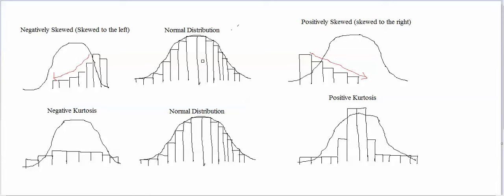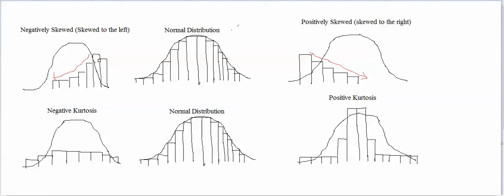Let's go back to this slide again. The reason why I put the normal distribution in between the negative skewness and the positive skewness, and in between the negative and positive kurtosis, is because a normal distribution is halfway between a negative skewness and a positive skewness, and it's halfway between a negative kurtosis and a positive kurtosis, because